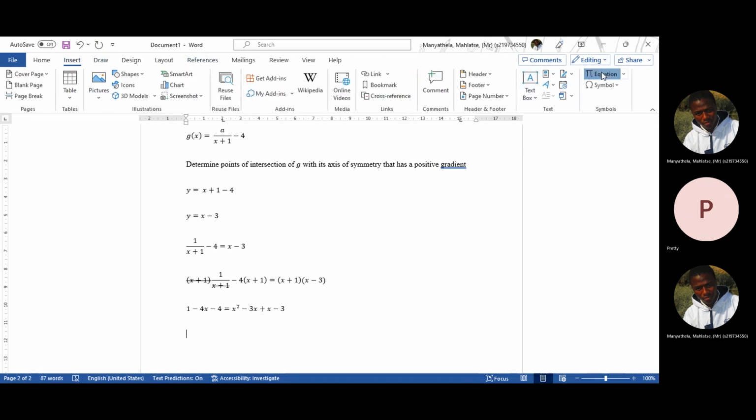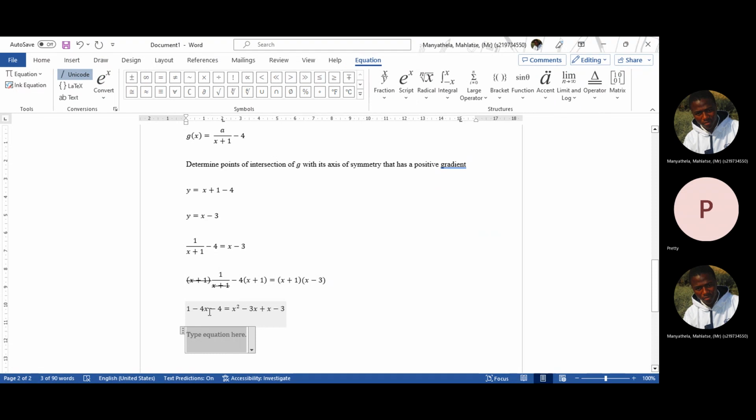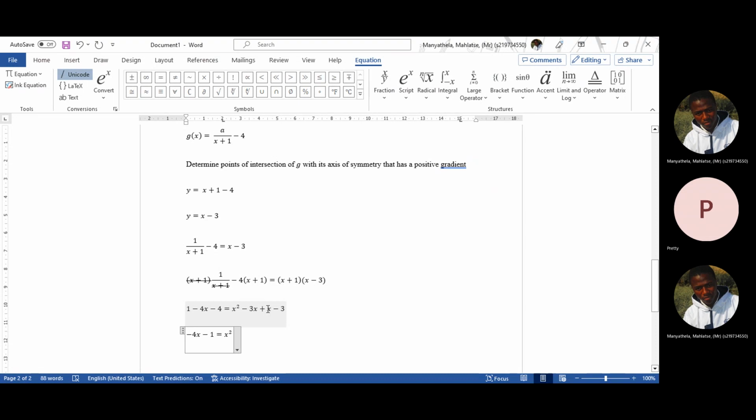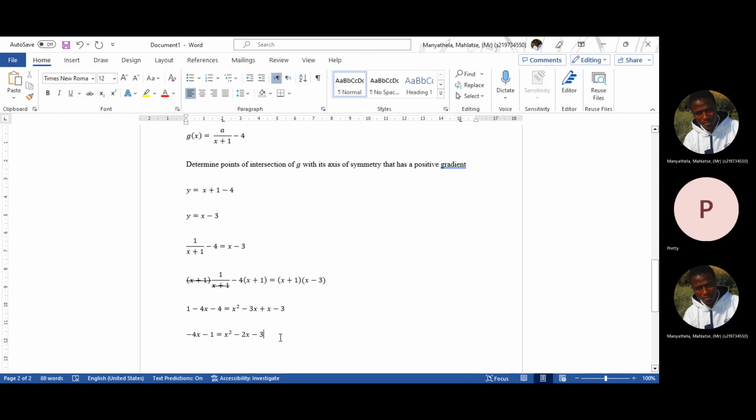We're going to add the like terms. Here we have 1 and minus 4, so we get minus 4x minus 3, since 1 minus 4 gives minus 3. Equal to x squared minus 3 plus 1, which is minus 2. Minus 2x minus 3. Let's take this across so that the left hand side remains 0. 0 equal to